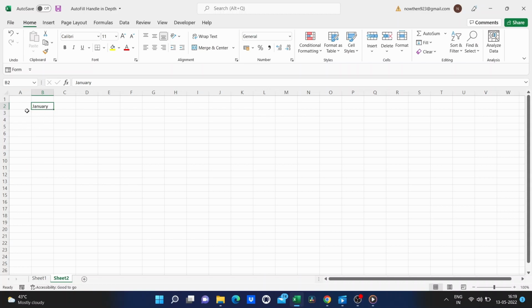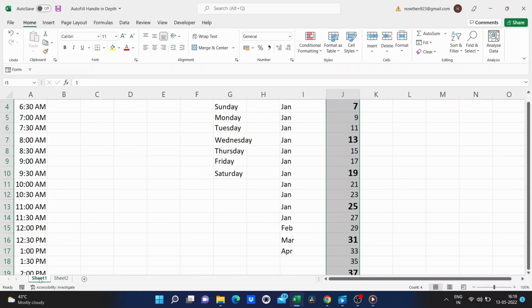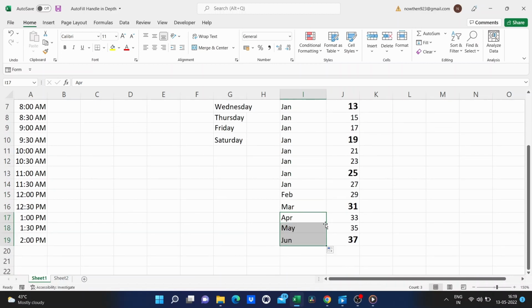There's no data below it. If I add some data like that, then now I can double click and it extends the pattern or the time sequence as far down as my data exists. So back on sheet 1, I can just double click here on the April autofill handle and it fills it in the rest of the way down.